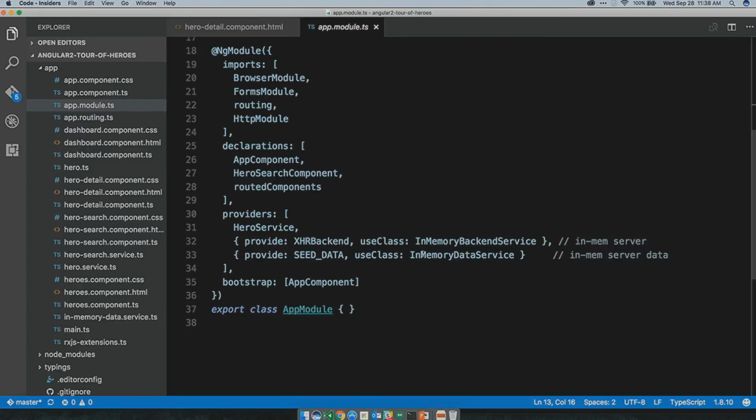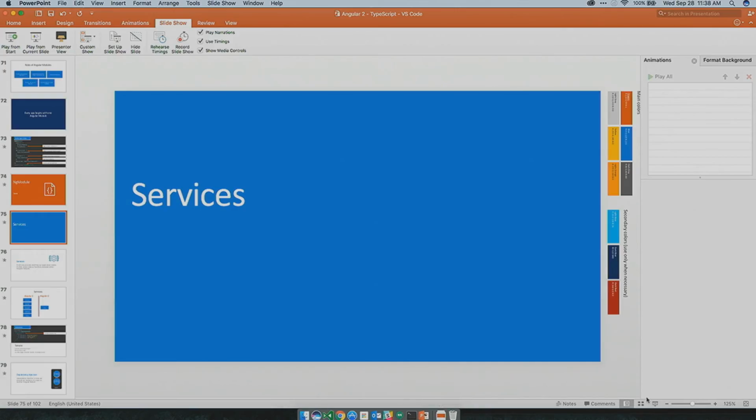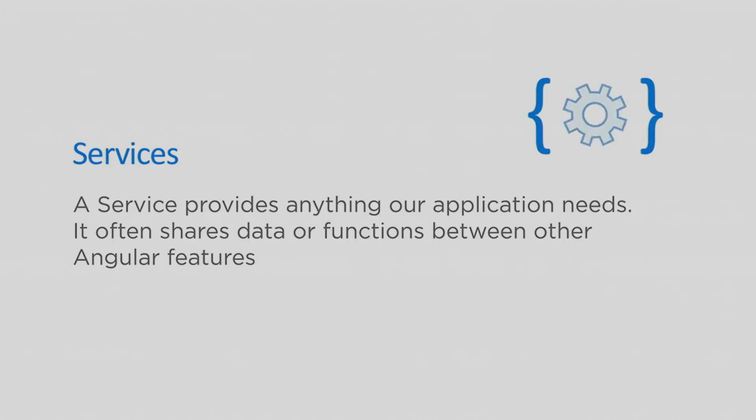So that module defines all the different declarations. Here's the different components my app uses, and that's the rest of my providers. Very simple. So we talked about services. This is probably the hardest part of Angular to learn, Angular 2. The way services are gathered are easy because it's just a class.